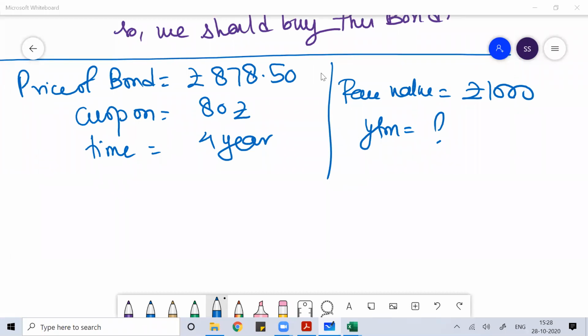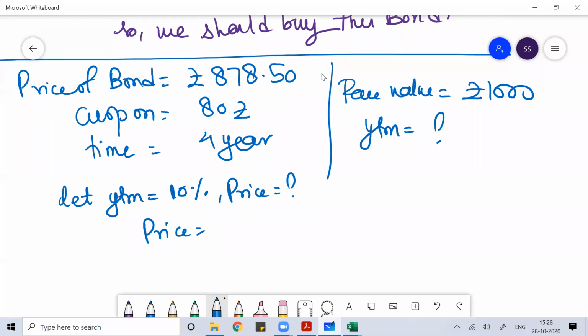So there's no formula to calculate the YTM. There's no direct way through which you can calculate the YTM. There's only one way to solve the problem, which is the trial and error method. I don't know what the YTM value is, although I calculated it in Excel, but ignore that part. So just randomly use any value. Let the YTM be 10%. So if the YTM is 10%, what would be your price?